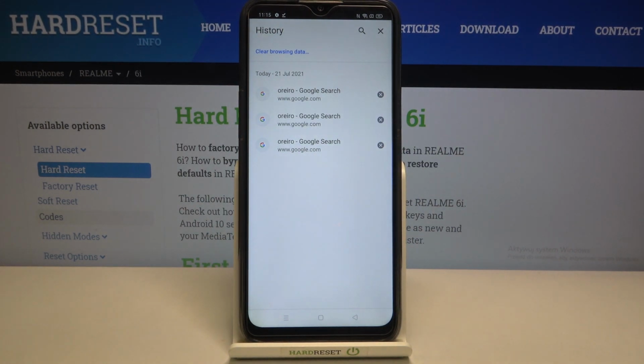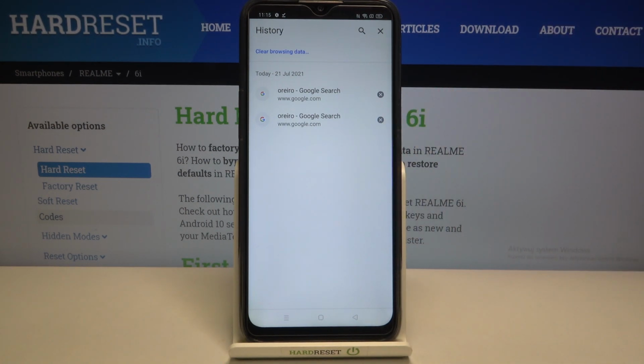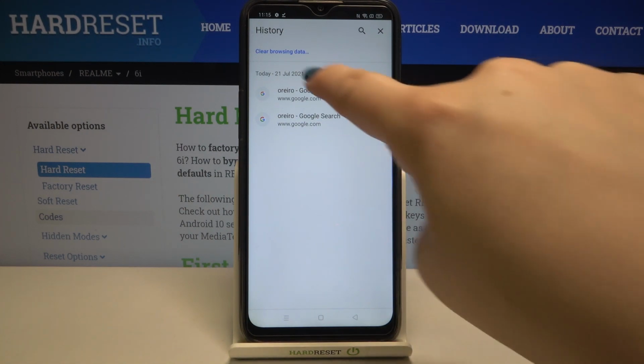And as you can see here, we've got the list of previously visited websites. In my case I've got only 3, so if you want to, you can remove all of them one by one manually just by tapping on this X button right next to it, and as you can see it immediately disappears. But if you've got this list very wide, then I think a better option is to just tap on clear